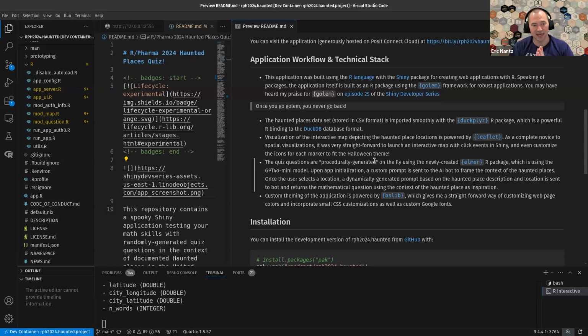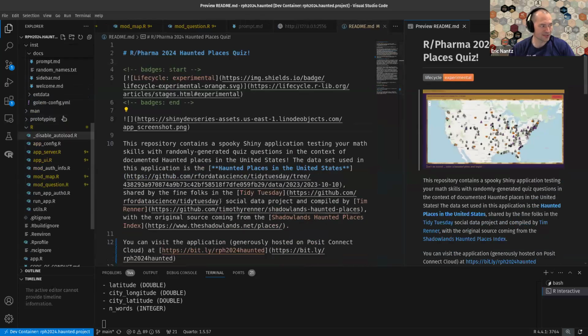The data that this application is serving has actually been provided by the Tidy Tuesday project from last year. In particular, it was a CSV file of these haunted places across the United States. It's not a huge CSV, but definitely not a small one either. So I thought, well, what's an efficient way to import this into my R session without bogging down too much further? Well, if you heard our talk at the end of yesterday, you know about the duckplier package, which is a friendly R binding to DuckDB, which I use in this application to very quickly import this data set,